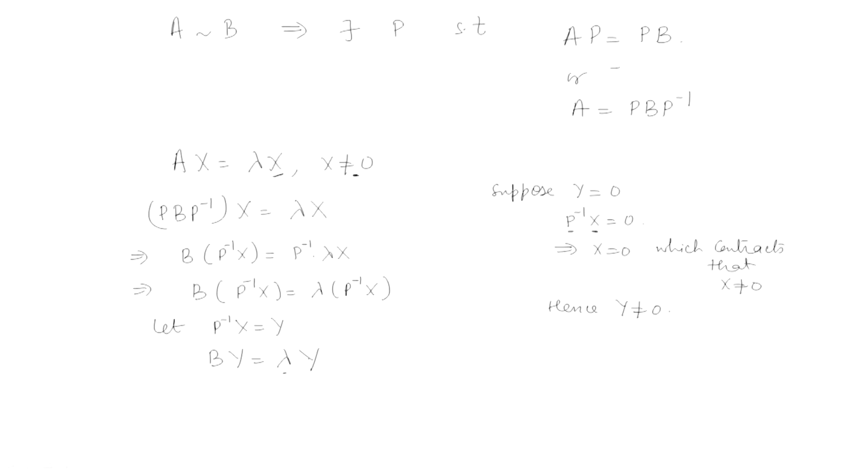Now, if they have the same eigenvalues, this clearly shows that the characteristic polynomials of similar matrices are the same, since the roots are the same. If the roots are the same, the eigenvalues are the same, that means the characteristic polynomials of matrices A and B, which are similar to each other, are also the same. Okay. Now, since they have the same eigenvalues, that means the traces of the two matrices are also the same.